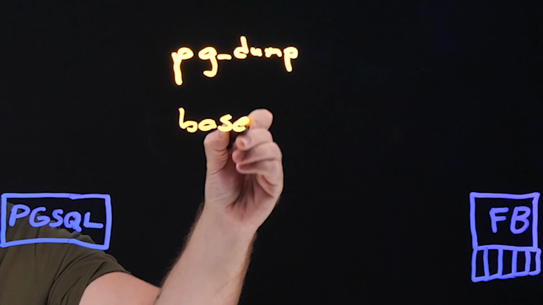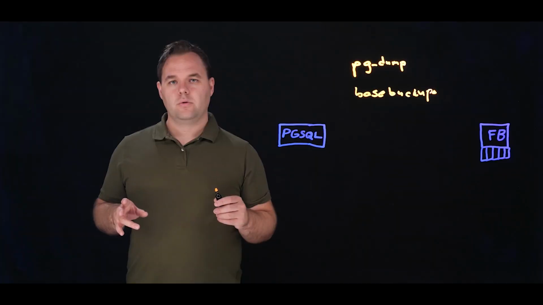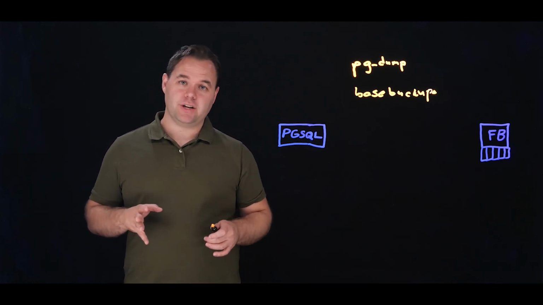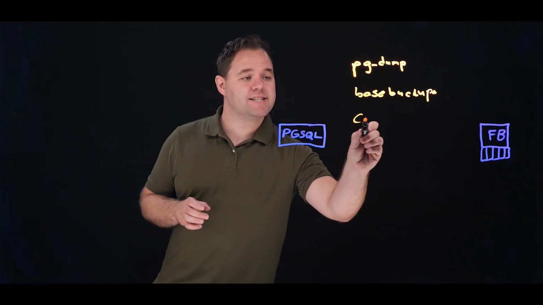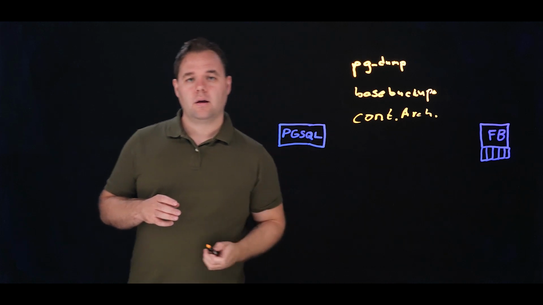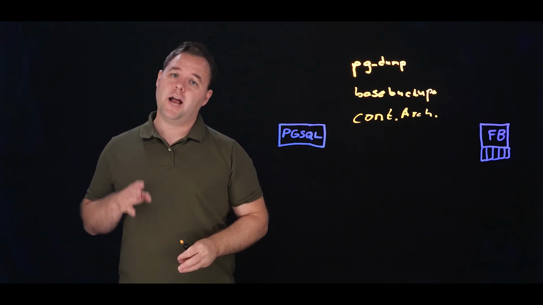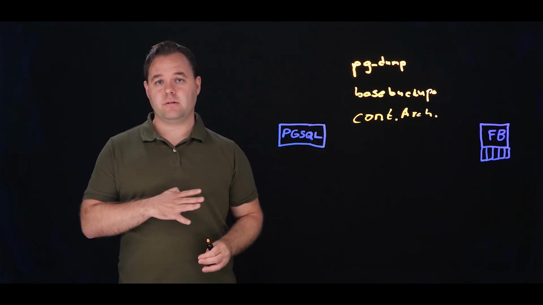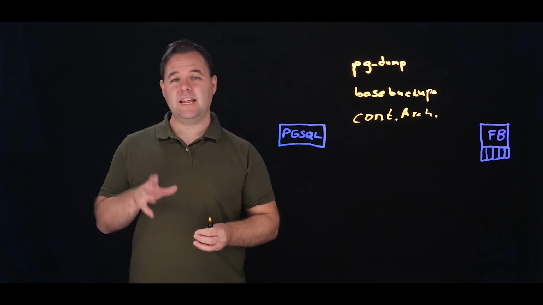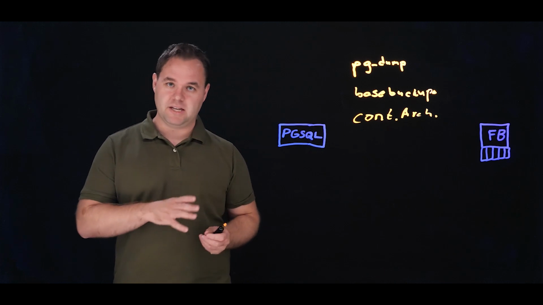pg-based backup is a tool that copies files from the data directory to a specified location. The third item on this list is not necessarily a tool, but a methodology. That methodology is continuous archiving. Continuous archiving takes segments from the write-ahead log and copies them to an intended location. This is actually just a line of script in the configuration file that ensures in the event of data loss, you have a point-in-time recovery method to roll your database forward.